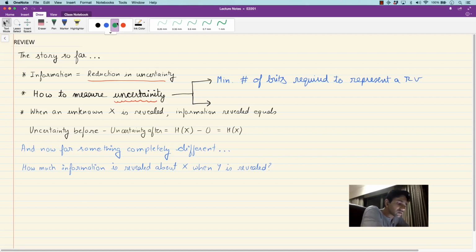Now there are various ways to formulate this problem. We saw two particular ways. One was: what is the minimum fixed number of bits required that will allow us to recover the random variable correctly with large probability. That was one kind of notion. Another notion is: what is the average number of bits required, which will allow us to recover the random variable exactly. We saw these two different notions, and it turned out that the answer to both of them was this quantity, which was called Shannon entropy.